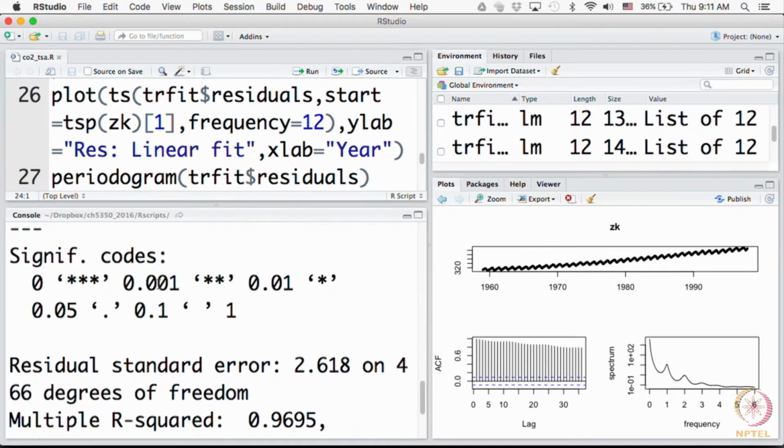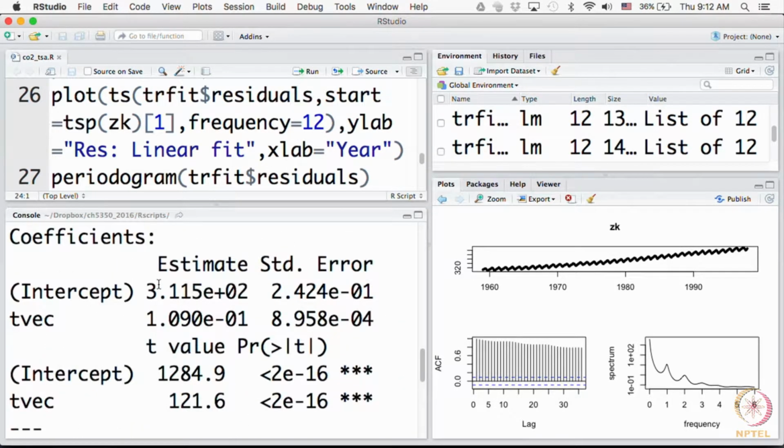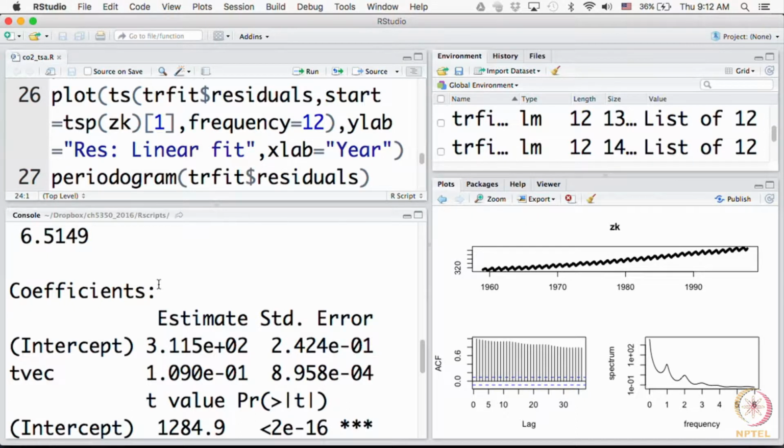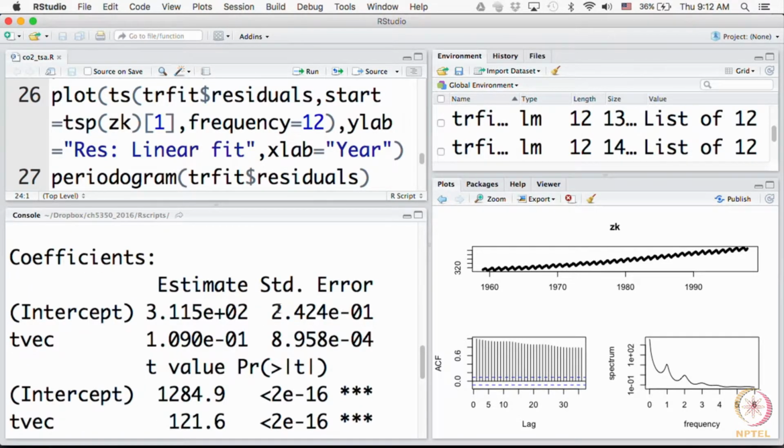So, a summary of TR fit, for example, for the linear trend gives you these results here. It shows the coefficients, we have talked about it before. These are the estimates here of the intercept, and this is the estimate of the alpha 1, and on the sidelines you have the standard errors. Of course, as I have told, these standard errors should ideally be used after you are convinced everything is explained nicely, but we will slightly deviate from that and still peek into the error. You know, just a curious mind, we want to see how much is the error, whether the error is relatively small, and it turns out to be relatively small.